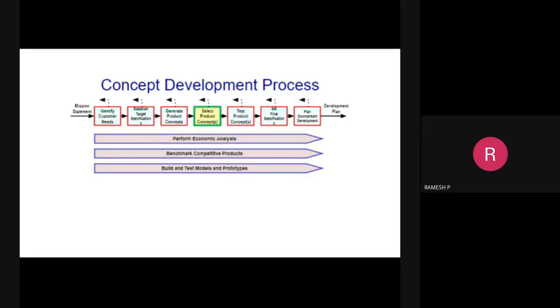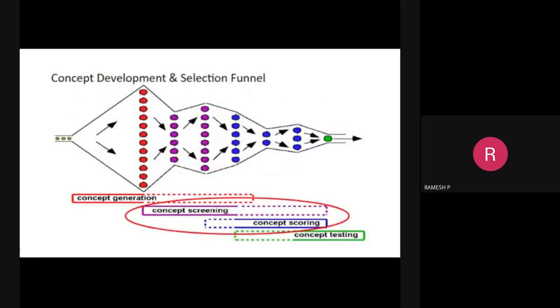As I said, here you can see the concept selection funnel. The concept generation stage indicates a divergent process. Meanwhile, concept screening, concept scoring, and even testing are a convergent process. While many stages of the development process benefit from creativity and divergent thinking, looking for many opportunities, this stage of concept selection is a process of narrowing the set of concepts, in order to develop the most promising one. So here we will be doing successive narrowing and temporary widening,